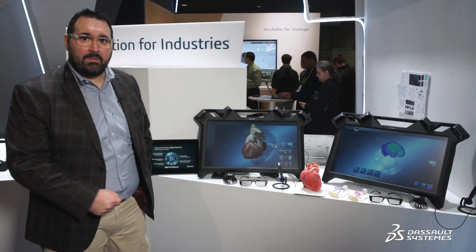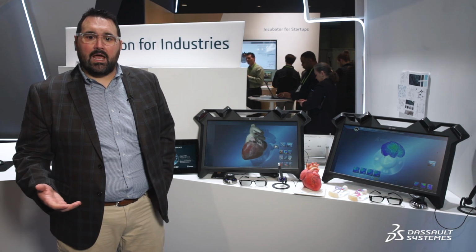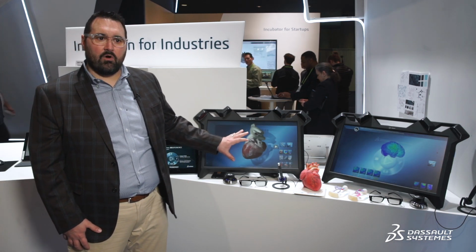I'd like to talk a little bit about what we're offering here for life sciences, and what we're talking about this year is really about the change in the patient's journey, and it's the consumerization of health. What you can see here is our living heart experience, and what we have is an ability for patients to